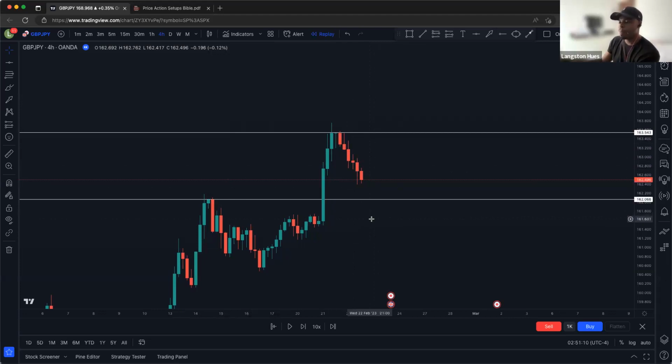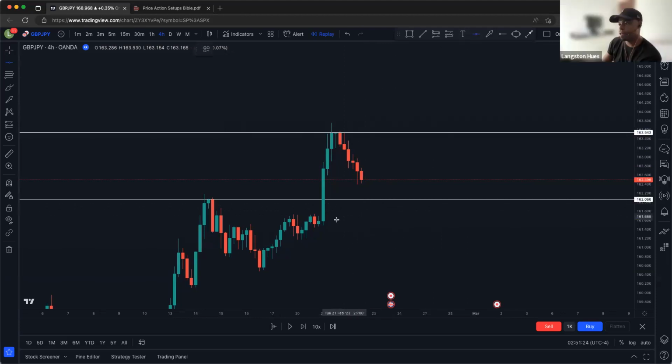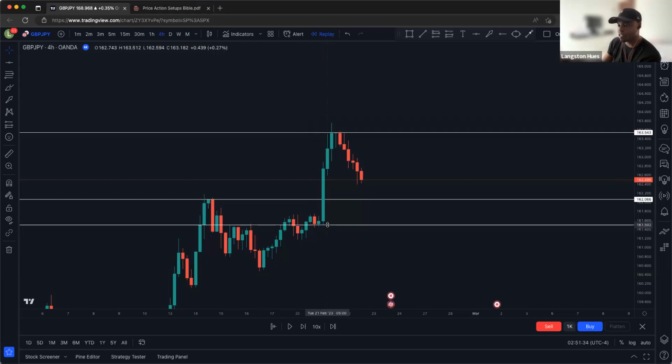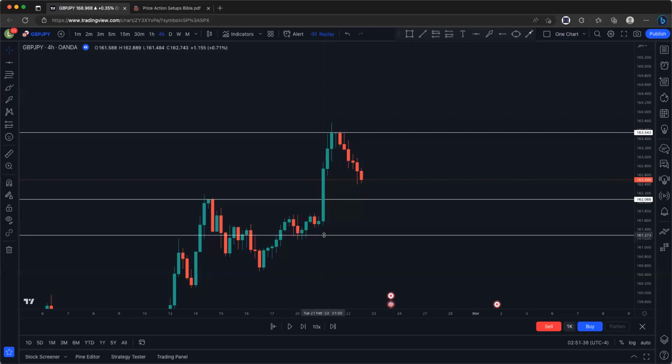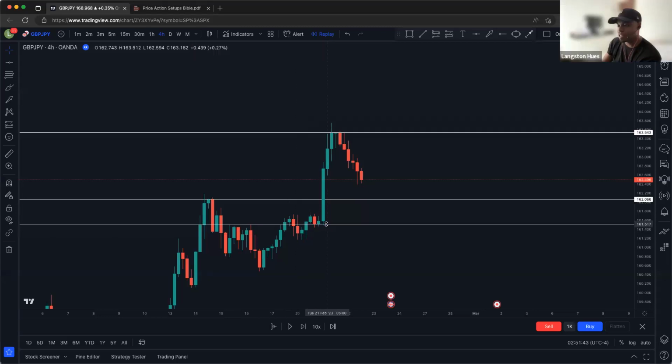Okay, now we have this range, right? If price closes below here, where might it be able to go next? If price closes below that, then maybe right here, or even below that, maybe here. But notice this, right? This is now not clean right here. So it's pretty much only clean to about right here. If we come here, it's not really that clean. So to about right here is clean.